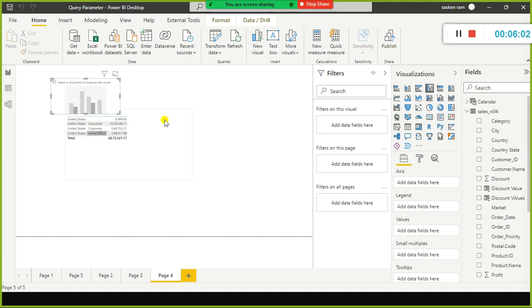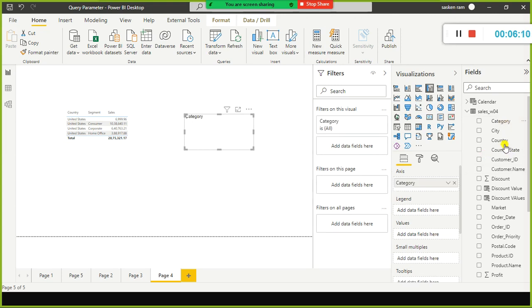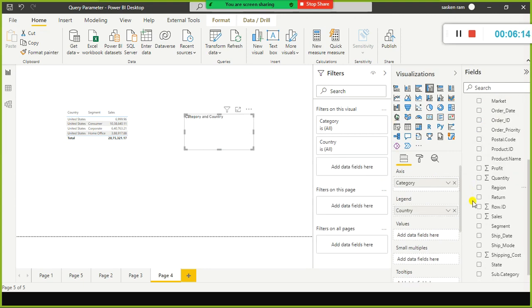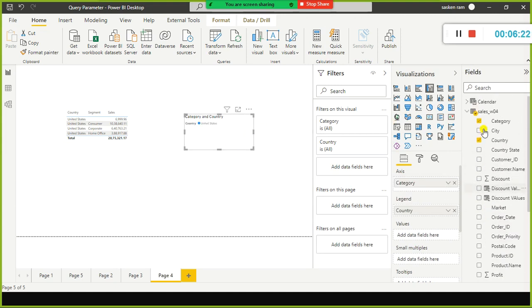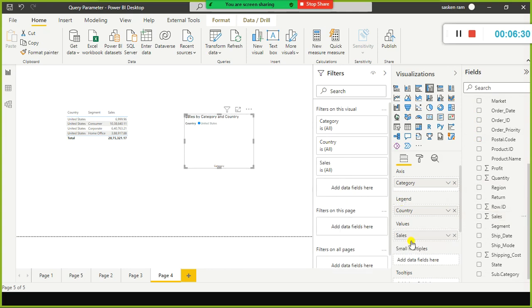For example, here I am going to create another visual. This is my bar chart. I am going to say category wise, country wise, sales. Yeah, the value is sales here.